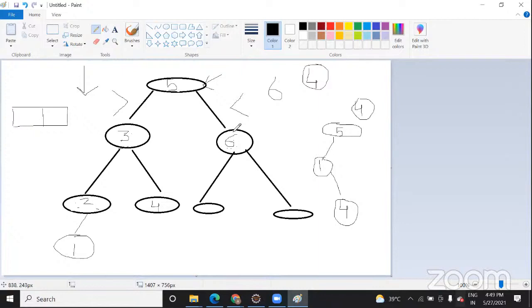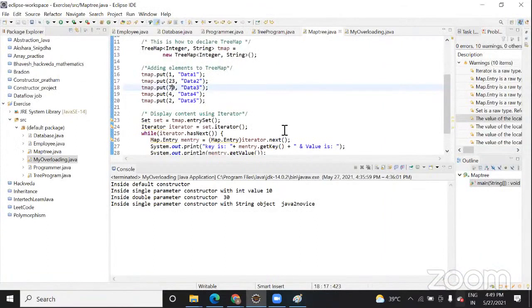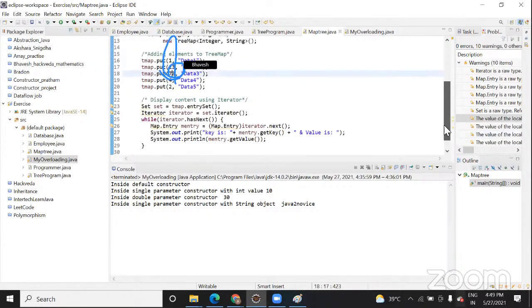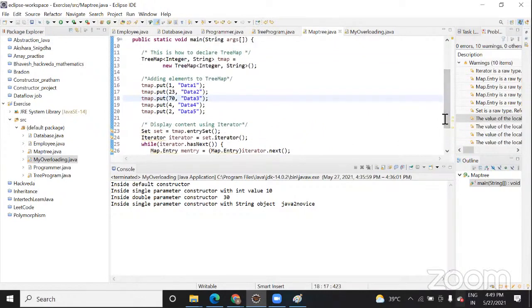So the code you have written is similar to that linked list we did. Correct. That is why I said it is key and value. I thought what you are saying is node, and these numbers you are saying are also node, that's why I got confused. No, I was just explaining how trees usually look, how tree structures form, meaning how the data are saved. That is the reason I have shown you. This key will identify this data.